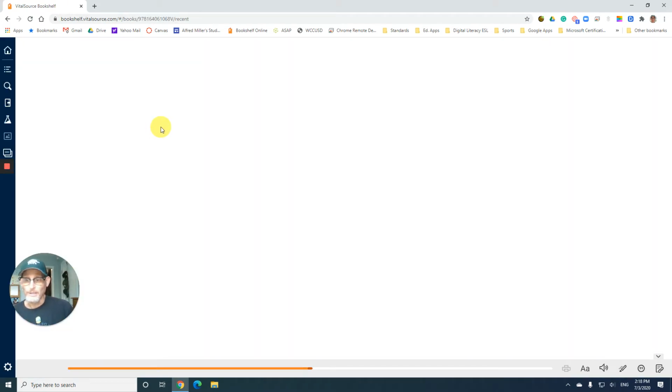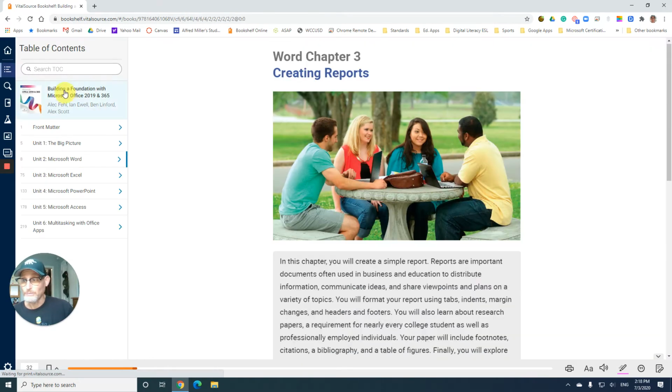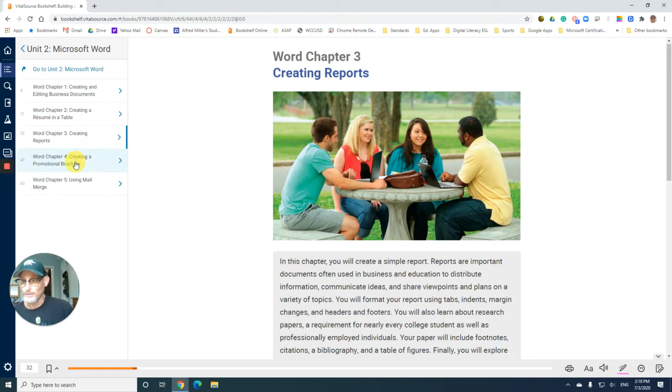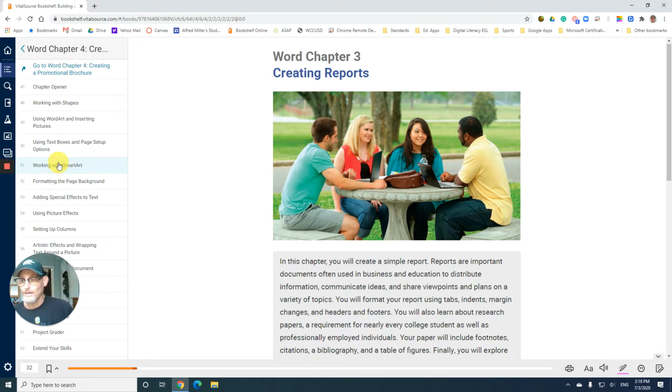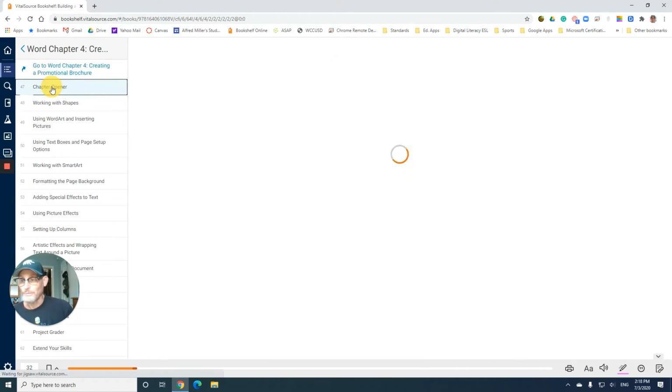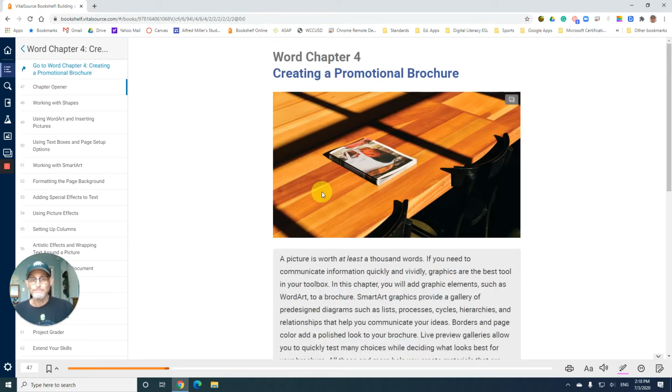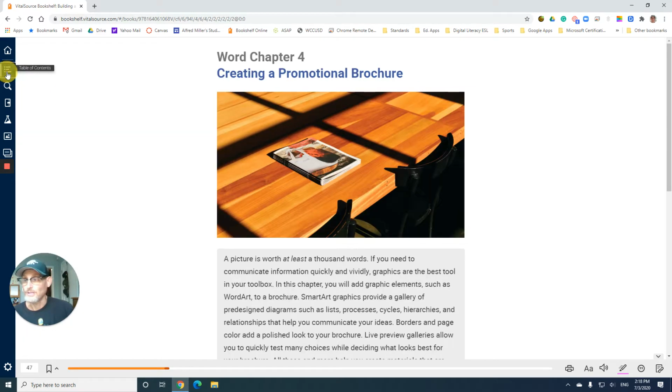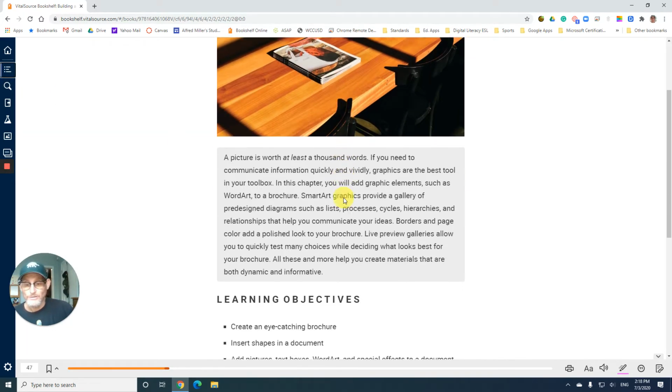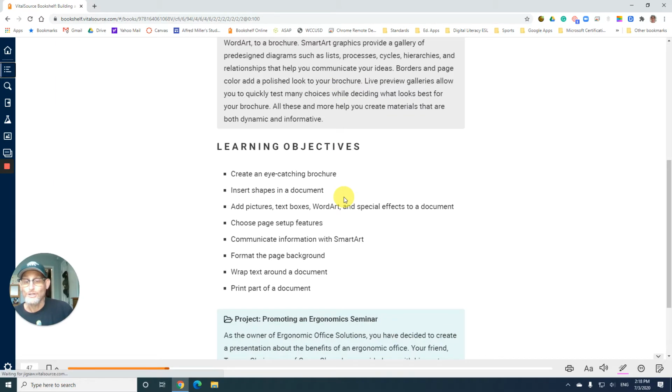And I'm going to use my table of contents in a moment, if it's not already open, which it is, to go to Word, Chapter 4, creating a promotional brochure. And I'll go to the chapter opener, give it a quick read, and then I'll size my window down like we've been doing. So Word Chapter 4, creating a promotional brochure, and I'm going to close the table of contents now. So what we're going to learn in creating a brochure, this is all about creating an eye-catching brochure, inserting